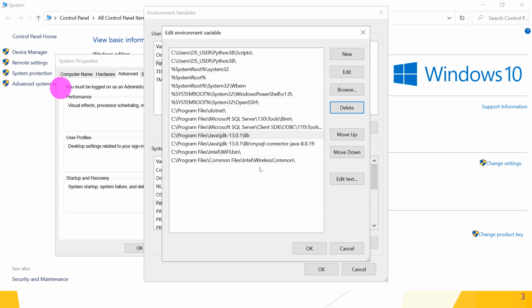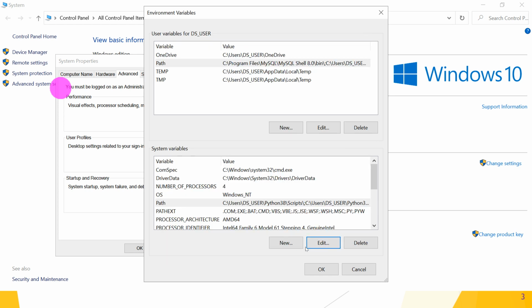If you want to edit, then edit or create a new one: use New and paste the path here, C:\Program Files\Java\JDK 13\bin, and click on OK. So it creates Java's path in the system variable. So Path is a path variable.